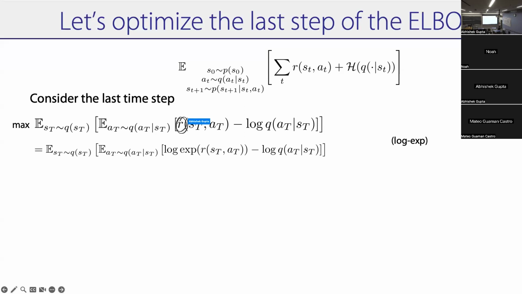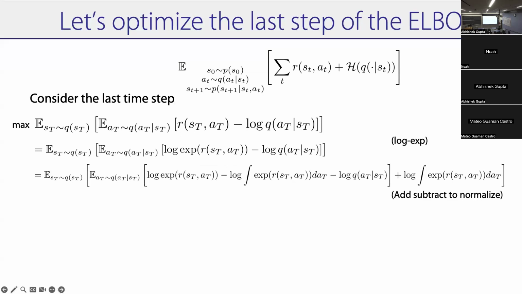log x of x is just x, right? Of any x. So we're just going to replace r by log x of r. And this is just going to help us massage terms together. But essentially log x of r is equal to r. So I can just replace r by log x of r. Okay, so that's the first step.